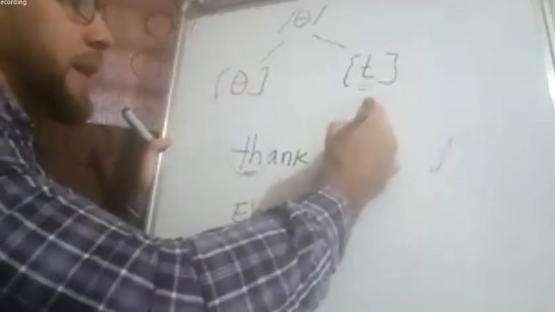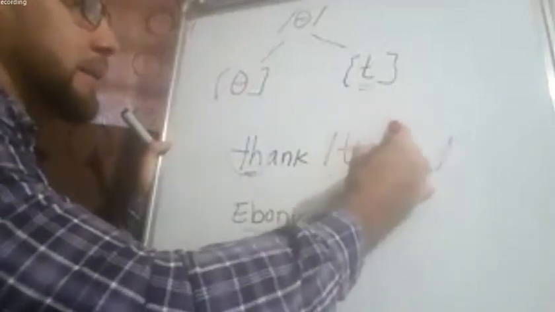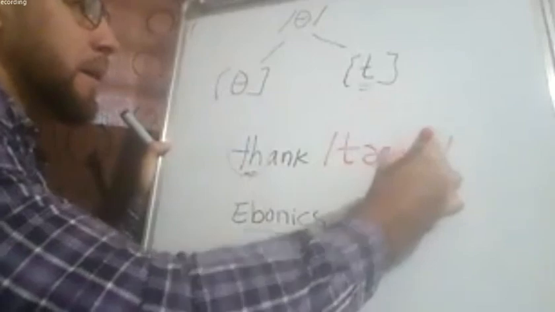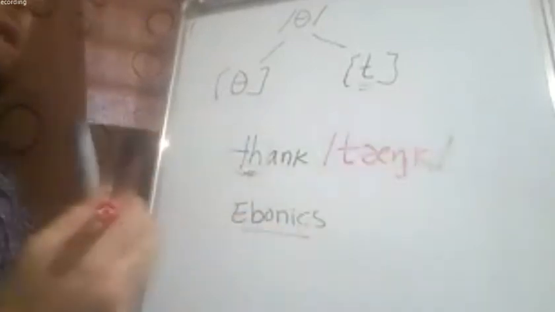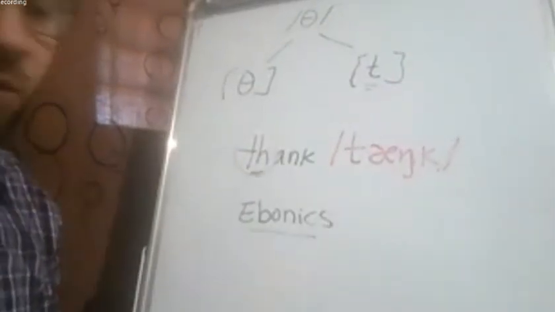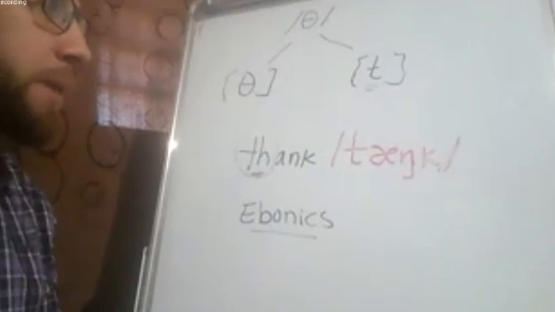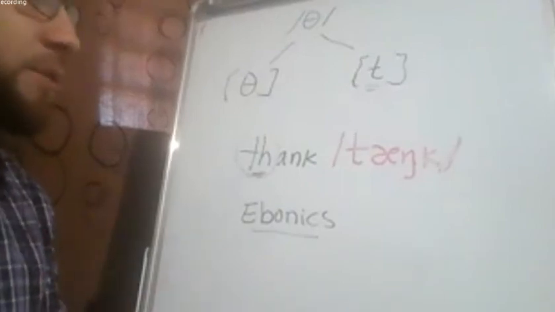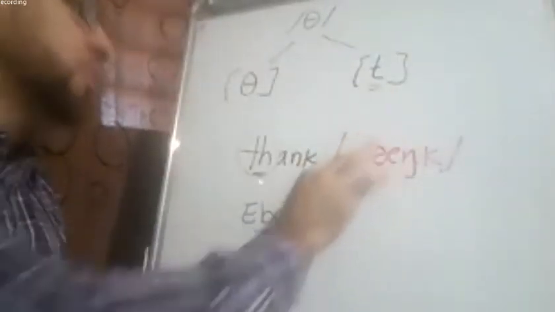But in our dialect, if I pronounce this tank, I am pronouncing a totally different word. So for us in our dialect, these are not allophones of the same phoneme. Okay? It's simply two different phonemes. If I replace one for the other, I am making a totally different word. So we should pronounce